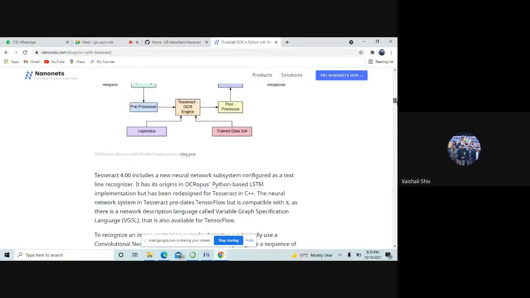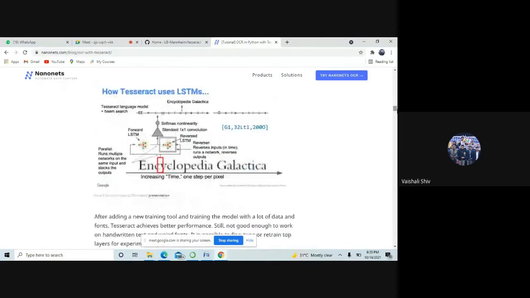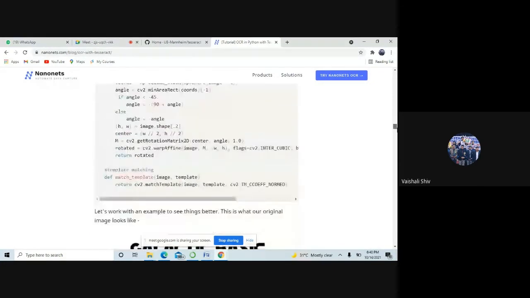And how it works, this is how it uses LSTM. It is given here. It recognizes each and every character from your images, and certain steps are there to pre-process it. It does that internally. We don't need to know all those things. So instead of using the entire neural network, we can use this package and within a few lines of code we can extract the text from the images. So these are the documentation, you can read it out.